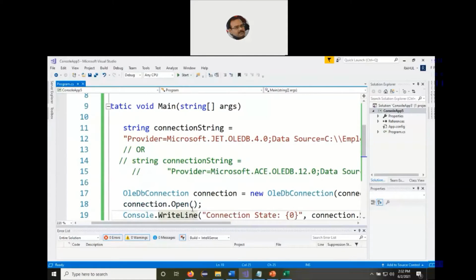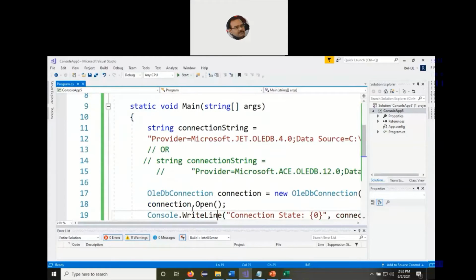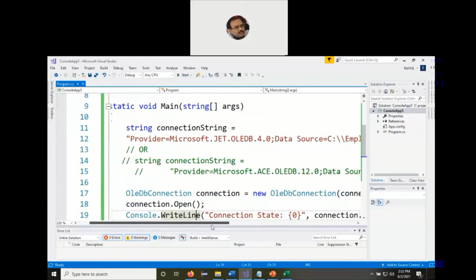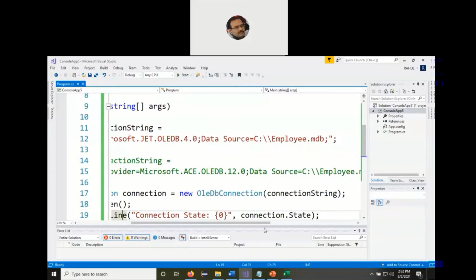Now, we'll discuss a class called the OleDbConnection. Since we are already using the namespace System.Data.OleDb in line number 3, we get access to the OleDbConnection class. So what do we do in line number 17? We make a call to the one argument constructor of the OleDbConnection class. And what parameter do we pass to this constructor?